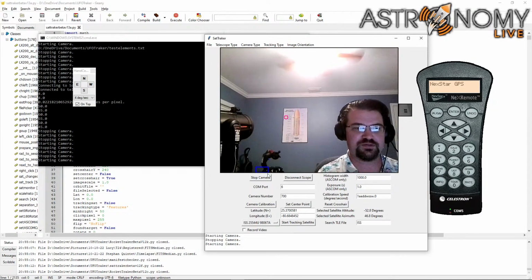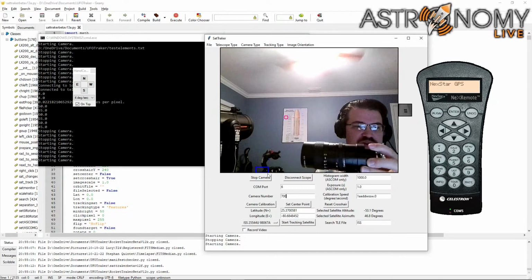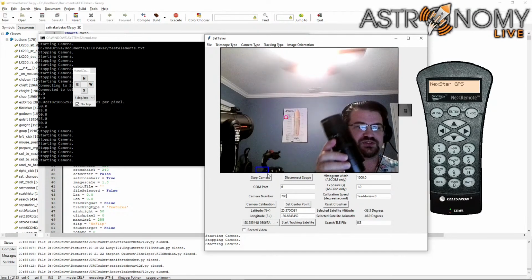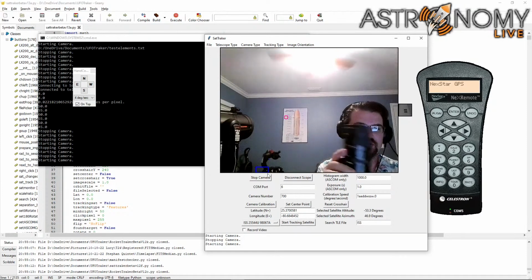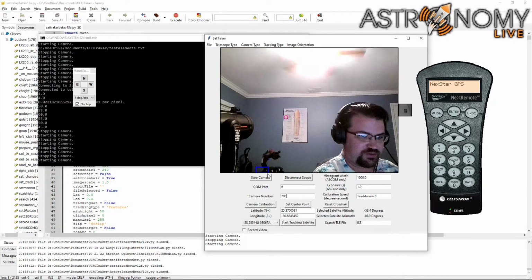I mean, not enough that you would notice it by eye just looking at the camera, but when you're looking at the camera's view and you're trying to co-align it to a big telescope like this, where it's pointed horizontally, gravity is going to be pulling on it, versus it's pointed straight up, gravity is pulling with it, you're going to get flexure. You're going to get this relative flexing of the lens, and that's going to produce a misalignment,